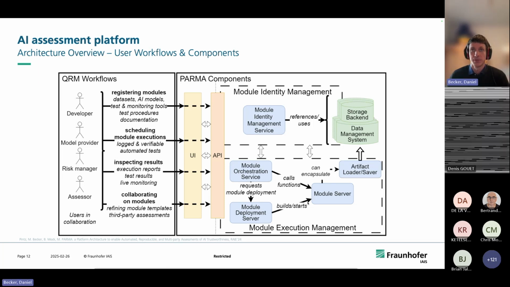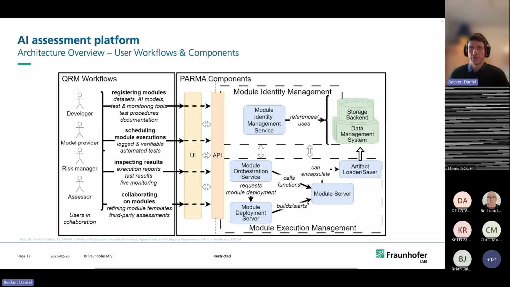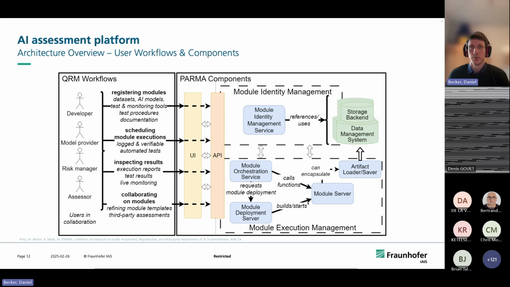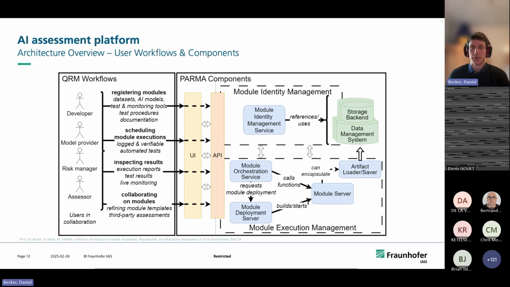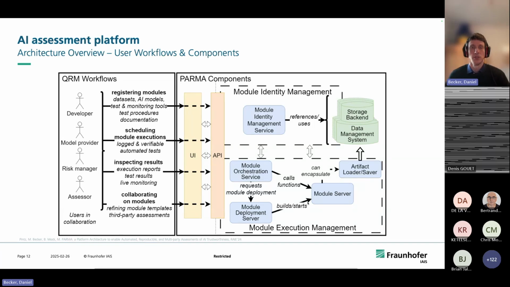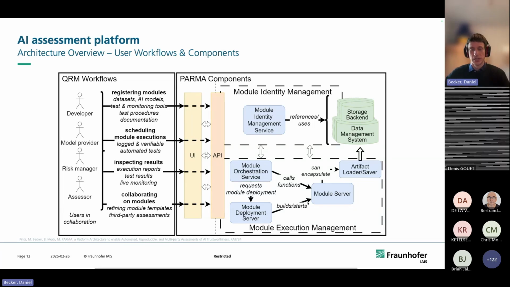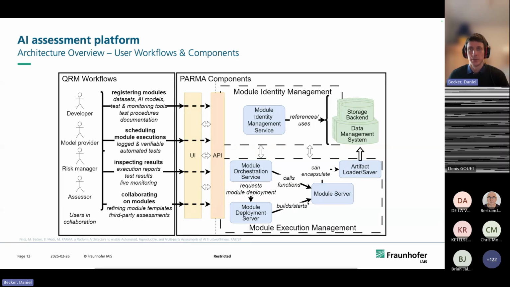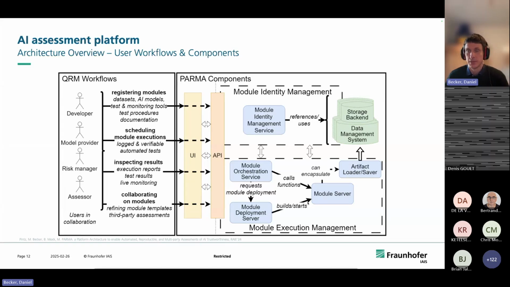Basically, what we need on the top here is a kind of module identity management, meaning that for each of these components that we see that could get on this platform, we need to be able to manage the identity so that each of these objects has a unique, universal identifier, but also if things are changing over time, you can have a version history. And this is all on this platform. And of course, it should abstract away the actual storage backend and data management systems that you might have, some database, some S3 object store, that should be integrated into the platform itself, and that references these things.